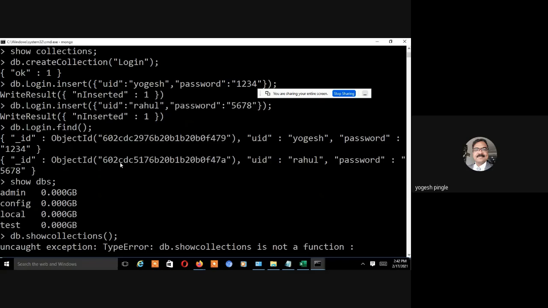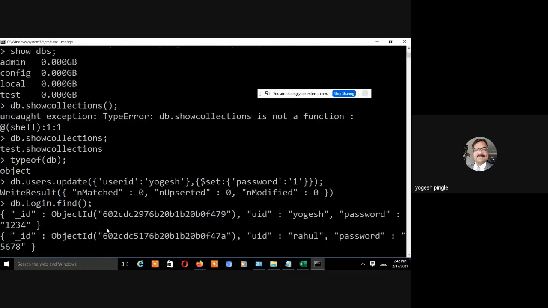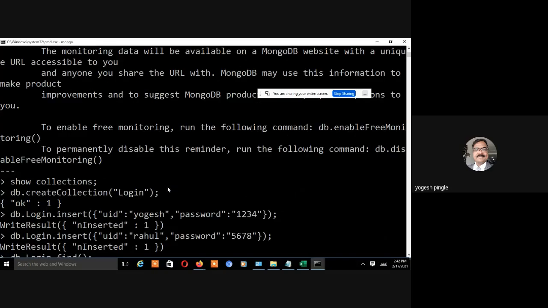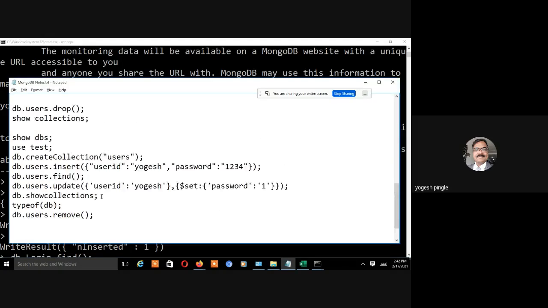Then how to modify and remove values. This is just a rough idea, because when you go to the cloud side there might be a wizard where you need not remember these commands, just right click and open it. But if anybody asks whether you are aware of MongoDB, you should remember these commands.